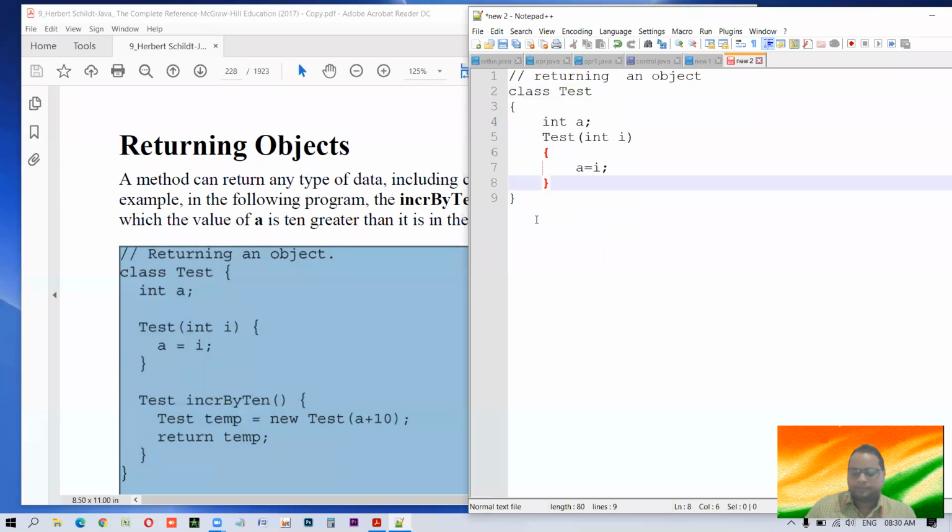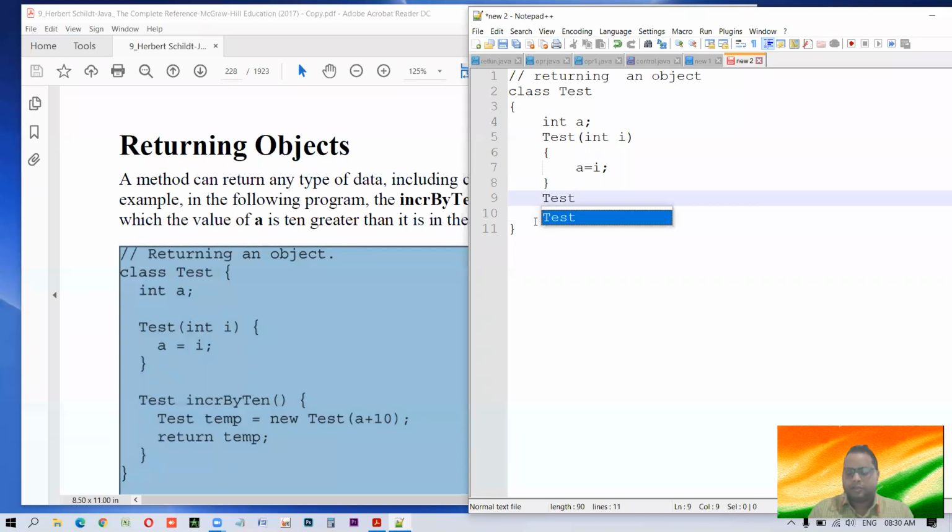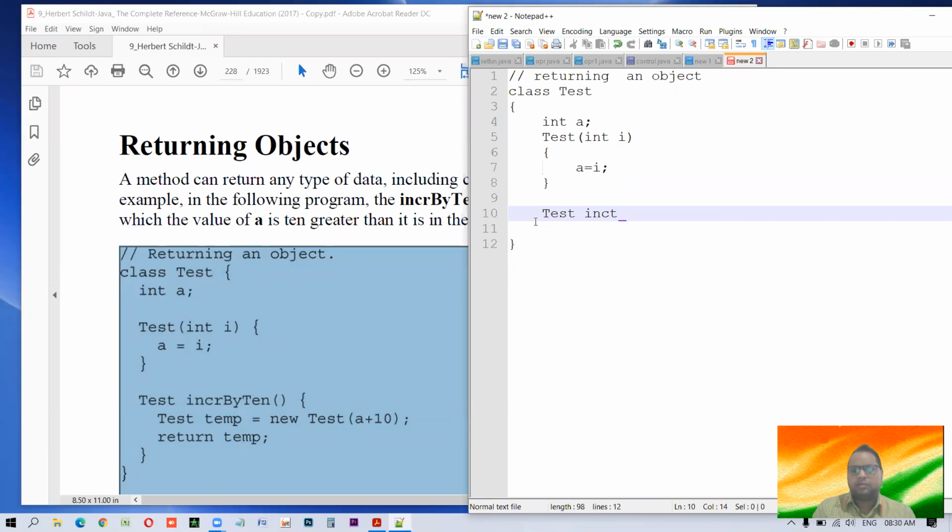After the constructor, now this is the important point. Let us increment only, not by 10, increment only. Now here starts the main thing that I want to tell you.